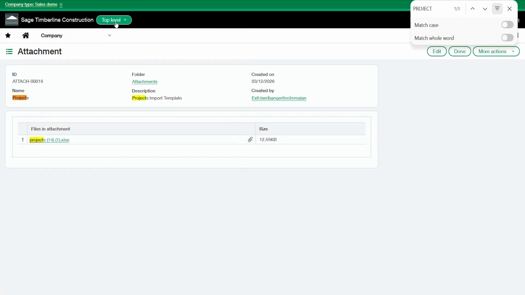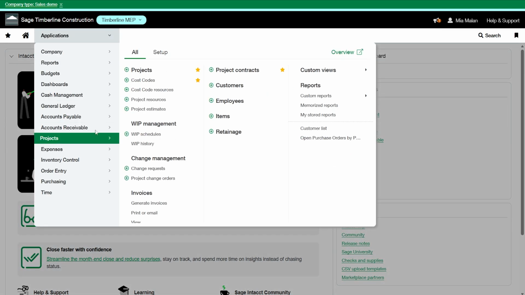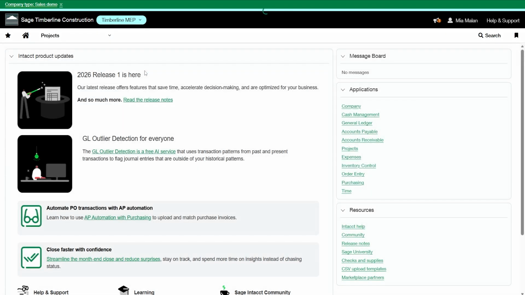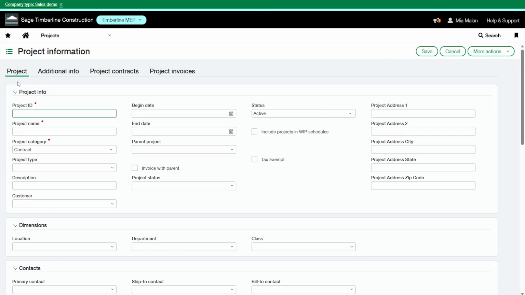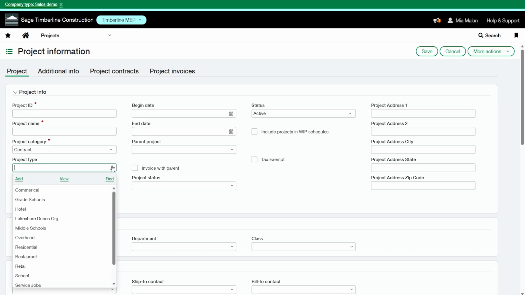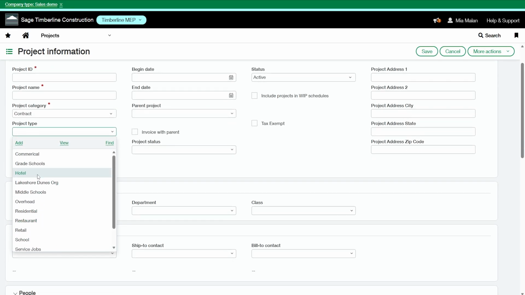Let's go back into Intacct. Let's head to the projects module. And I'll add a project here just to show you what field I'm referring to. So project type, these are all of my project types. And you're going to set this up based off your company's needs.